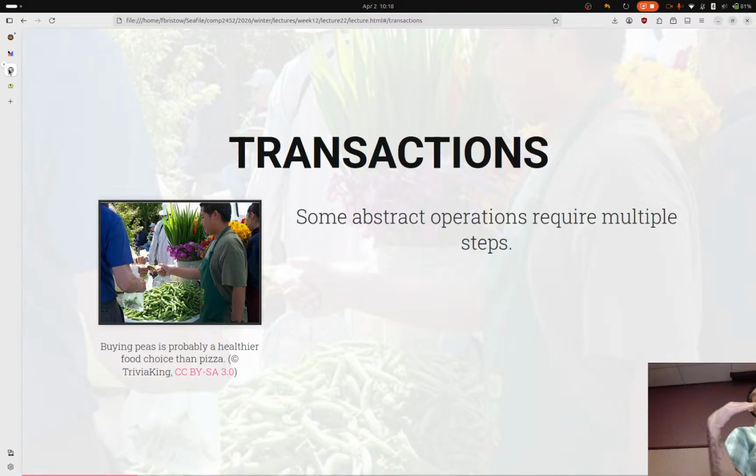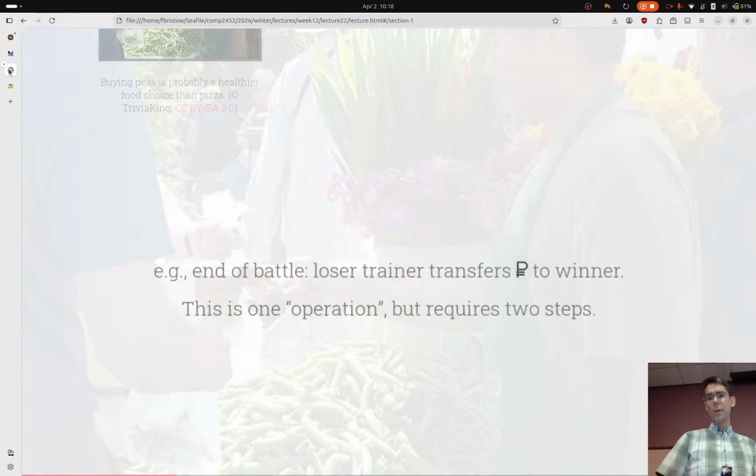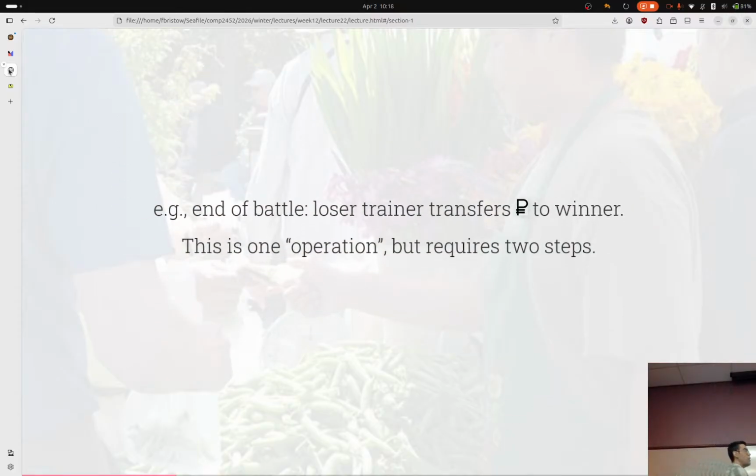I have to set some nodes next to be able to put it into the list. There are several steps that are happening as a result of this one big abstract operation. Some abstract operations require multiple steps. Here's another example. We've got that battle scenario in Pokemon, and at the end of the battle, the trainer that